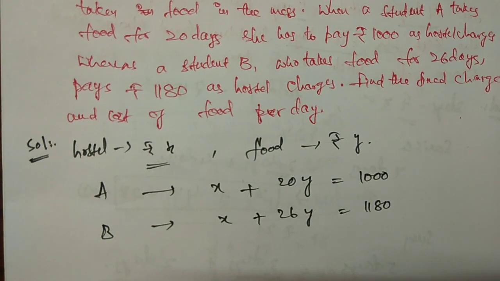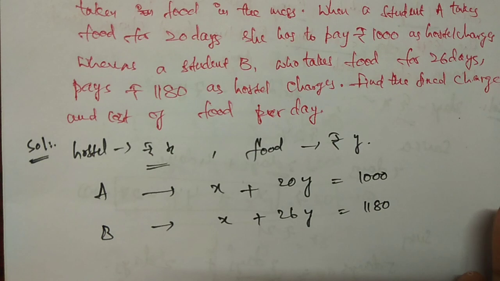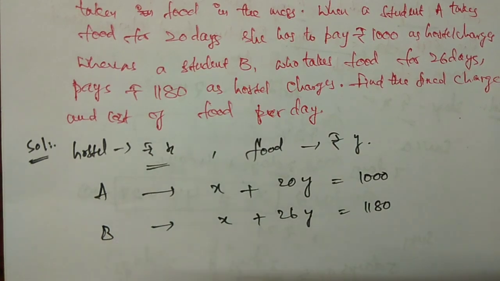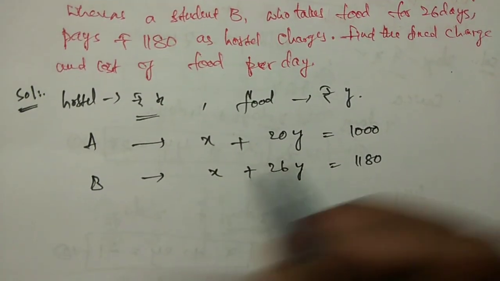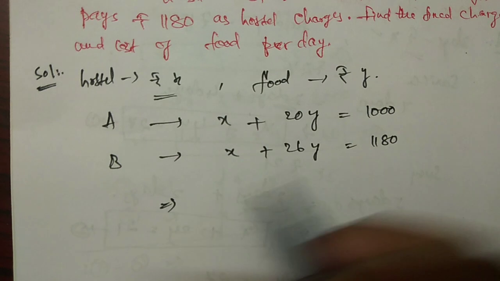If it is using the elimination method, the constants we should write on the right side. If you are going to use the cross multiplication method, the constants we have to write on the left side. Make it as standard form. So this can be written as,